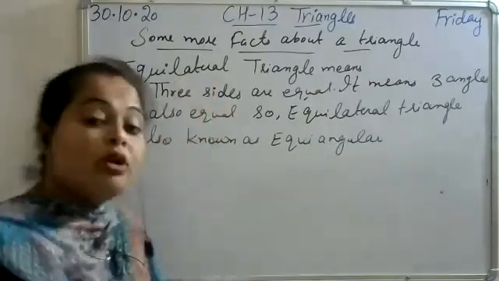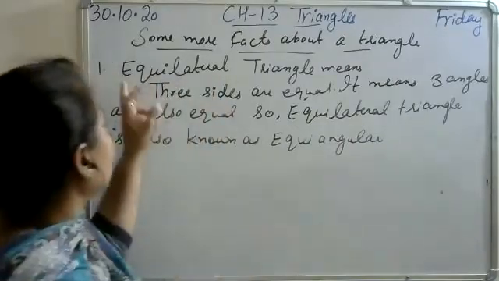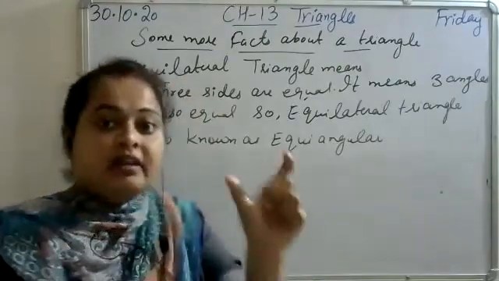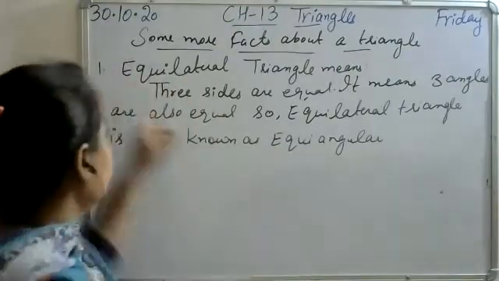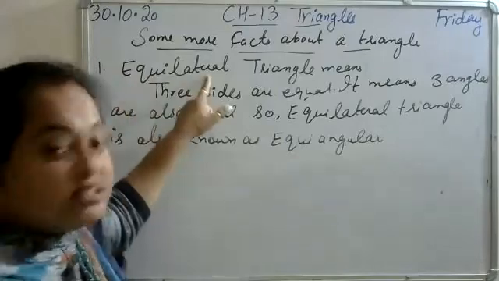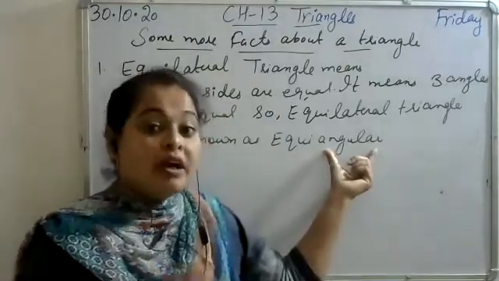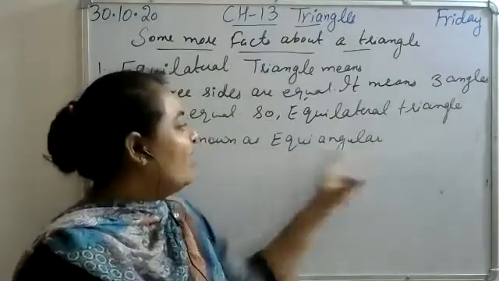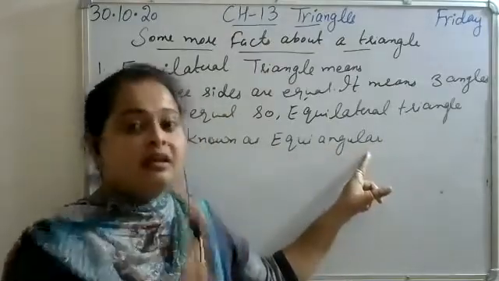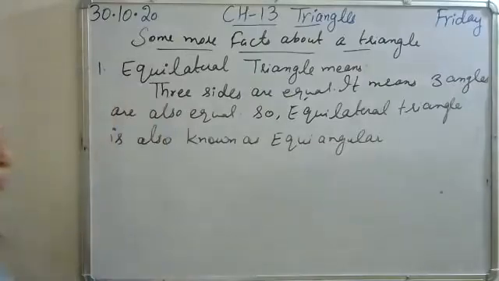If someone asks you what lateral is: Equilateral. Lateral means sides. Equi means equal sides. Similarly, angular word is used for angles. Equiangular means equal angles. So the next property is